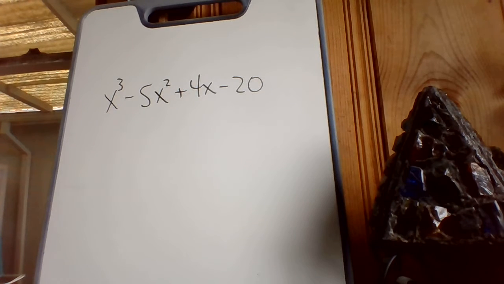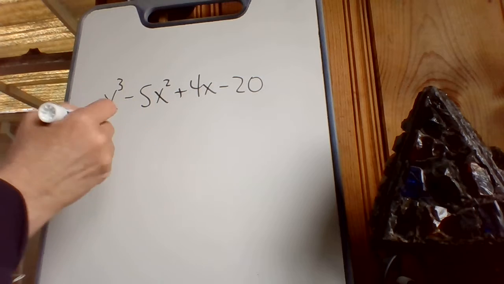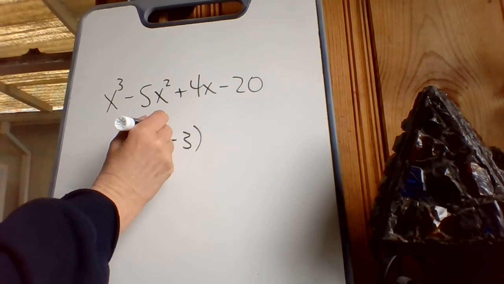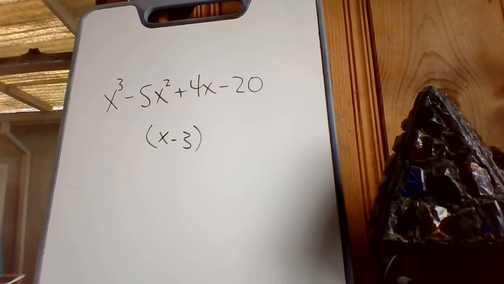Okay, well, I'm wondering, gosh, what could go in there? Does x minus 3 go in there? It's got to be some kind of factor. Does that go in there? How do I know? Okay, well,